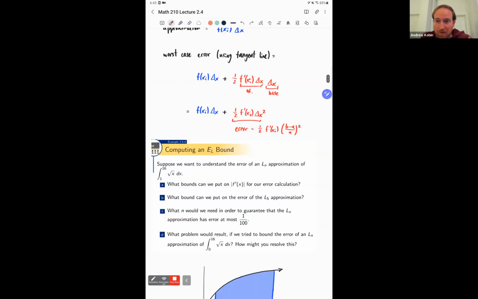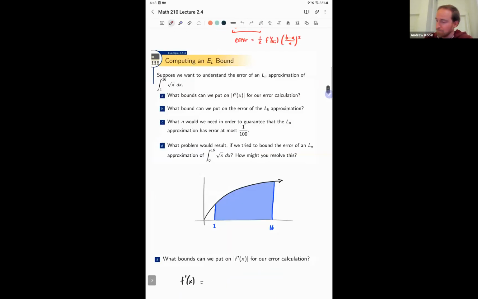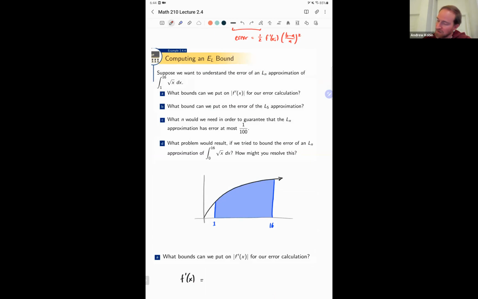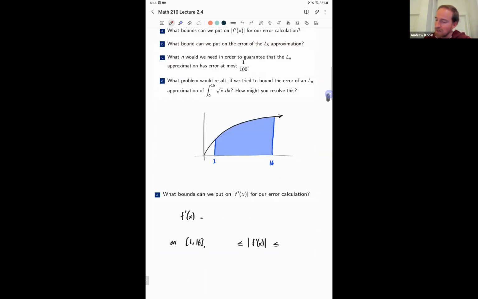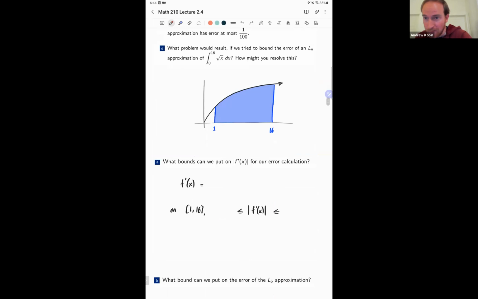So first of all, let's actually draw the graph. This is square root of x from 1 to 16. It's always in the first quadrant. It's always above the x-axis. So we're literally just computing an area under the graph from 1 to 16 here. There's no signed area business. We can chop this up into rectangles. I'm not going to bother drawing it because in this problem, we just want to control and understand the error involved in some approximation. So part A asks us to put bounds on the size of the derivative of this